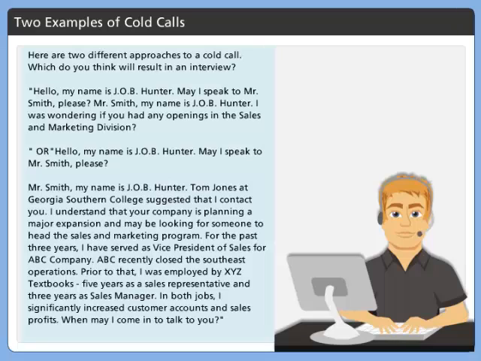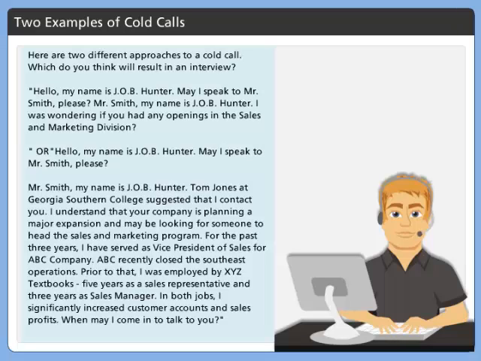I was wondering if you had any openings in the sales and marketing division. Or, hello, my name is Job Hunter. May I speak with Mr. Smith, please? Mr. Smith, my name is Job Hunter. Tom Jones at Georgia Southern College suggested that I contact you. I understand that your company is planning a major expansion and may be looking for someone to head the sales